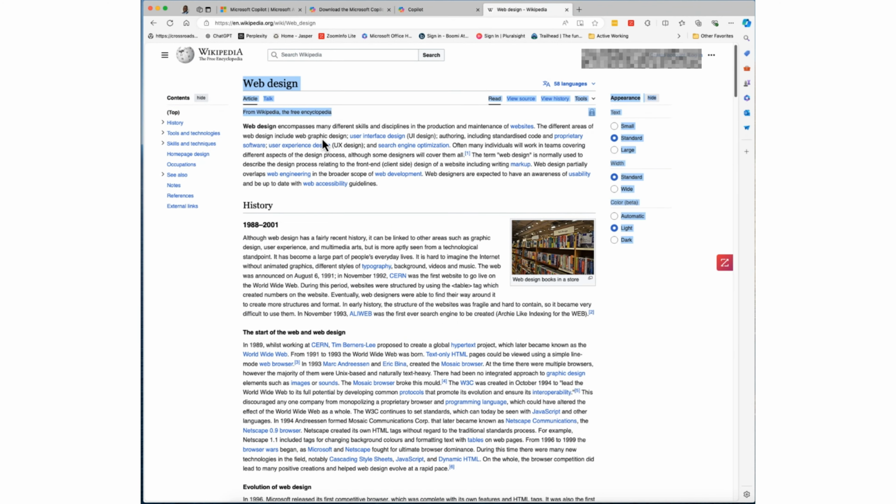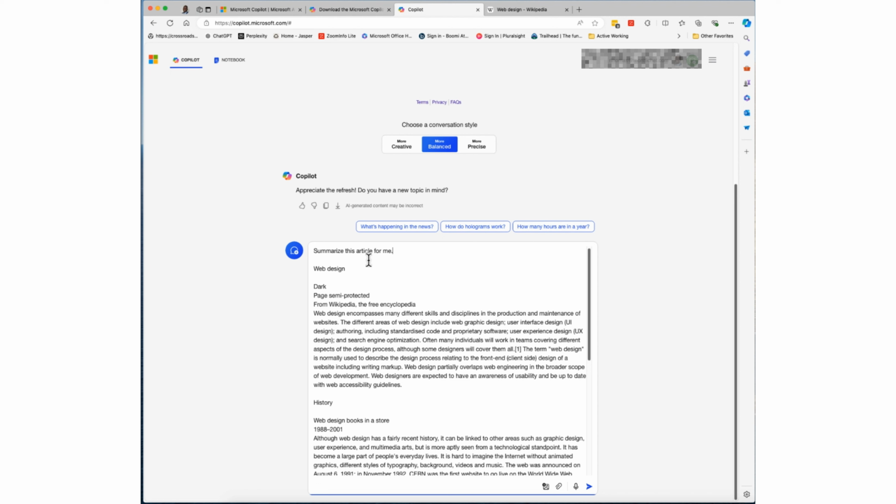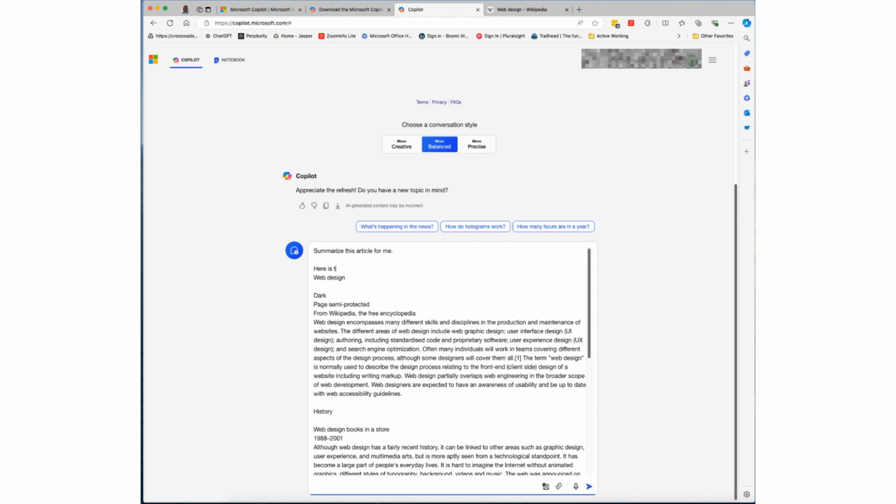Again, there's a limitation on how many characters, right? So I added those characters in there, and I can scroll all the way to the top. Some of this is a little bit of formatting stuff, right? Then I'm going to do Shift Enter to get it to move down, and then go back and put in a prompt, because you've got to tell it. Again, remember, it's the prompts that drive everything. So: Copilot, summarize this article for me. That's the prompt. And then sometimes I would say, and here is the article,